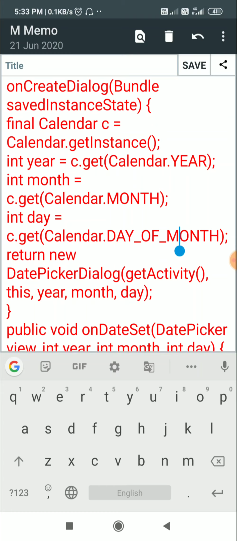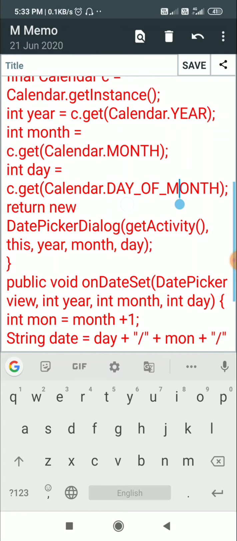This will get the current date. Then I return a new DatePickerDialog with these variables: getActivity, comma this, comma year, comma month, comma day. Okay, this year, month and day are the current year, current month and current day.